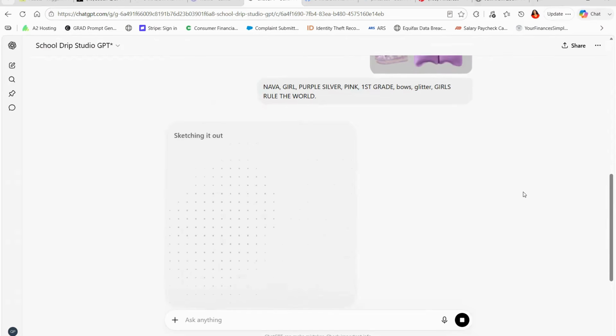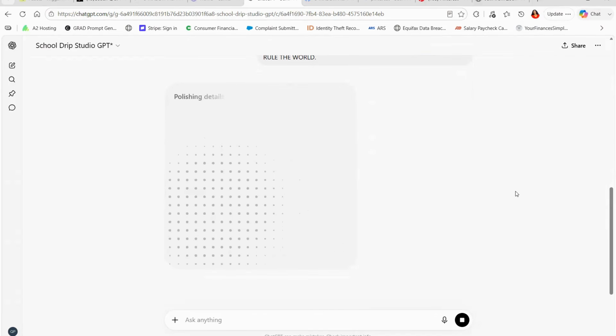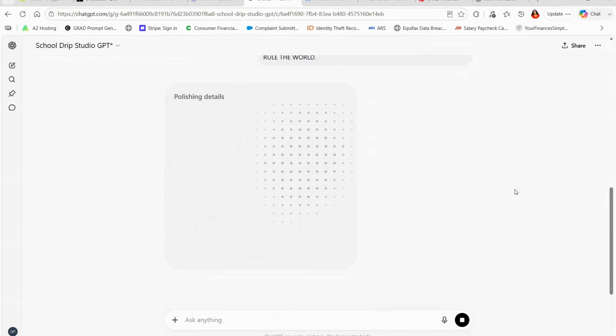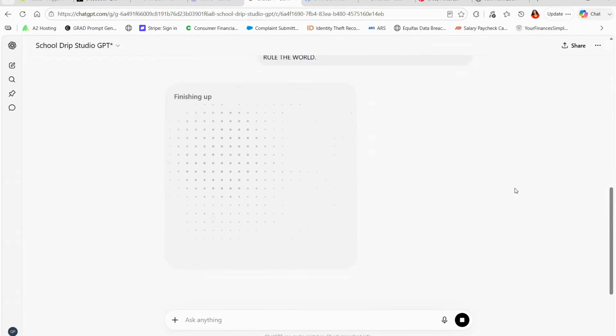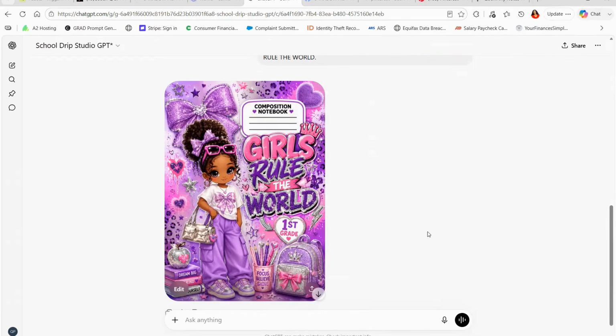Lately, the studio has definitely been putting the drip on these composition covers, so we're going to see what it kicks out this go round. I do like to start with my front cover, then I create my back cover. And if there's any tweaks I want to make after it's created its cover,